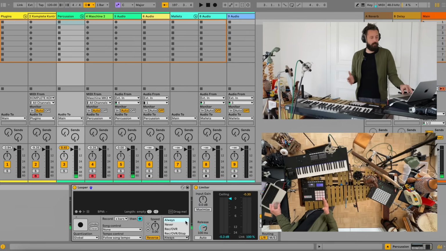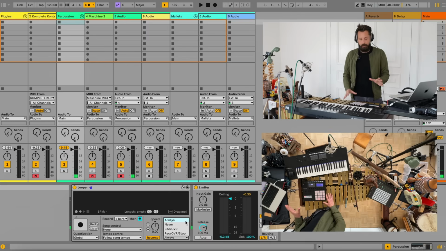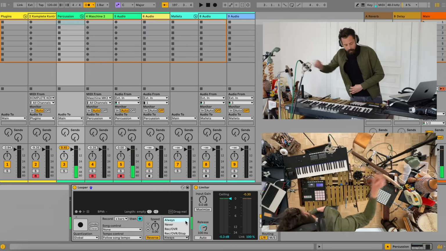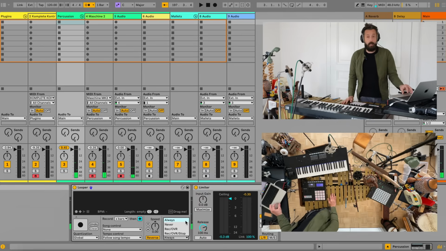or when you want to hear your input signal, for any kind of input that goes into this looper. I have the looper on the percussion group for the moment, so I want to record a groove and a beat for you, which means there are my microphones and there is also my drum machine, my machine in this case. And now we have to decide when I want to hear all of those signals.